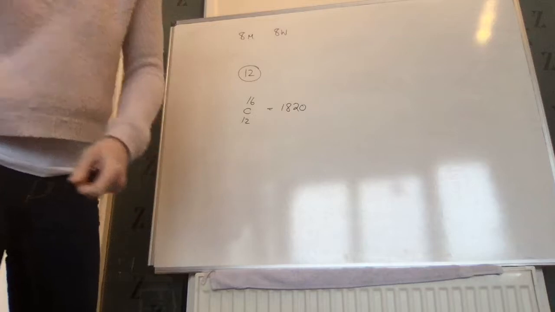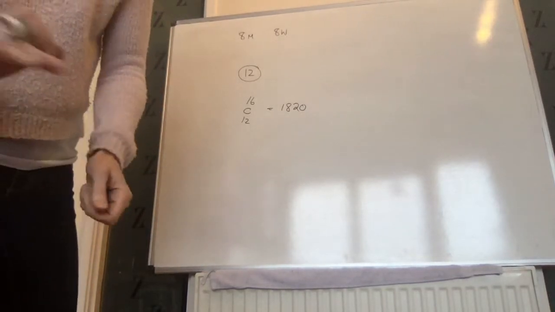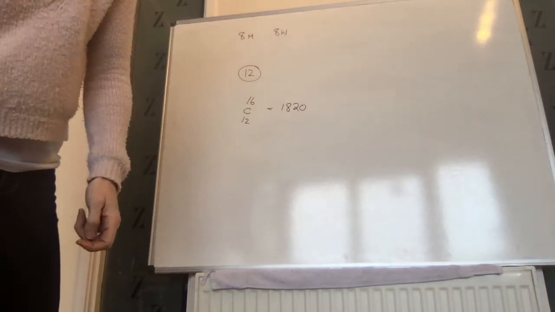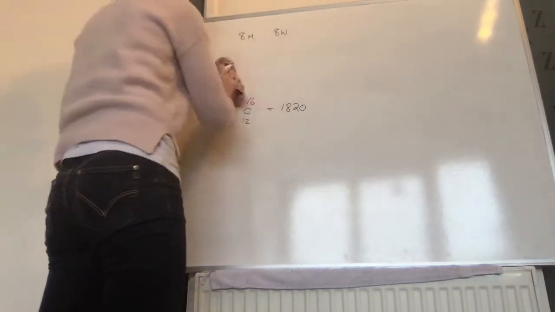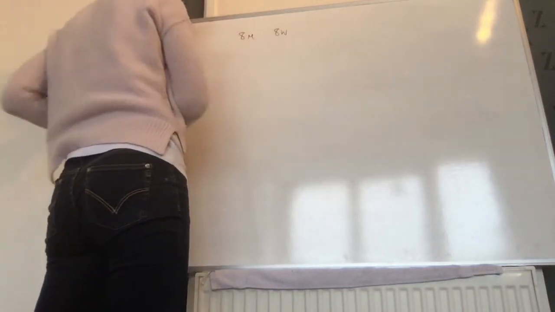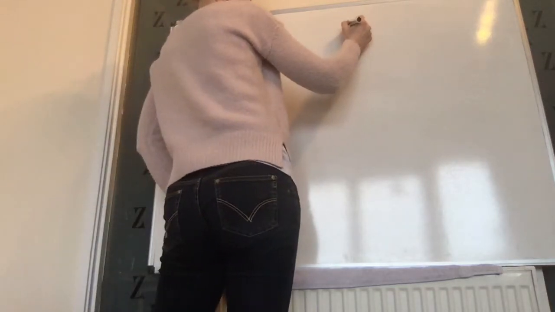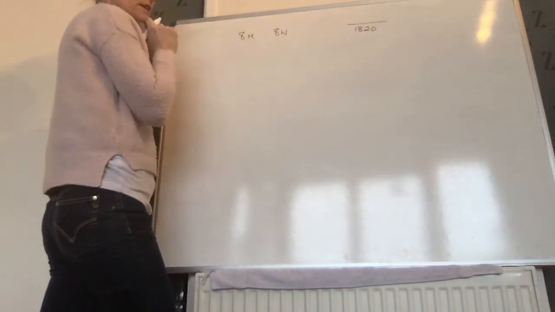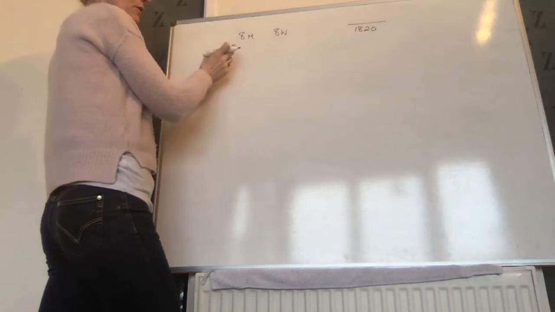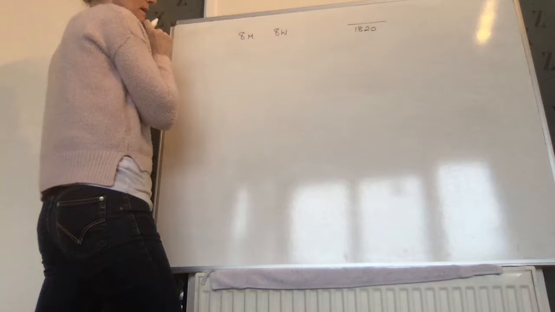Okay, the second part of the question says, find the probability that the jury selected has more women than men. Okay, so more women than men. So the probability that it has more women than men. Well, we've already just said the number of ways of choosing 12 people is 1820. So now we're going to see the number of ways of choosing the 12 people when there are more women than men. Okay, so how many ways are there of picking the selection when there has to be more women